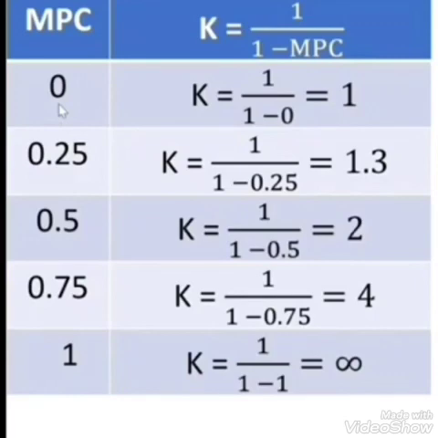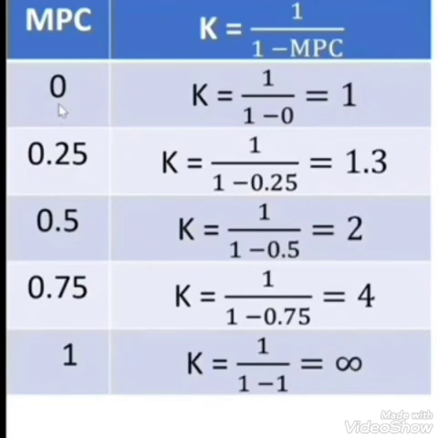When MPC is 0.5, we get a multiplier of 2. And at the end, when MPC is 1, that means we consume all of the income,